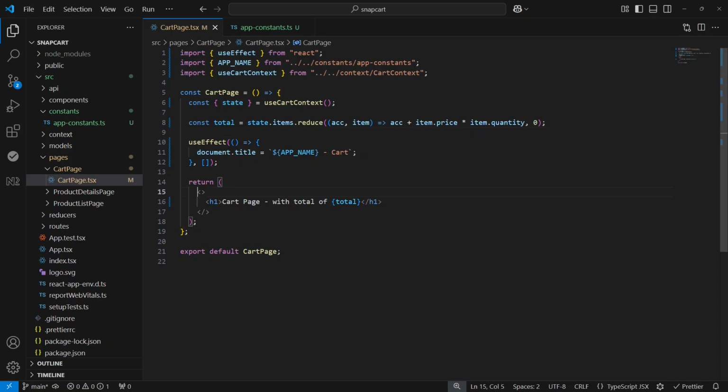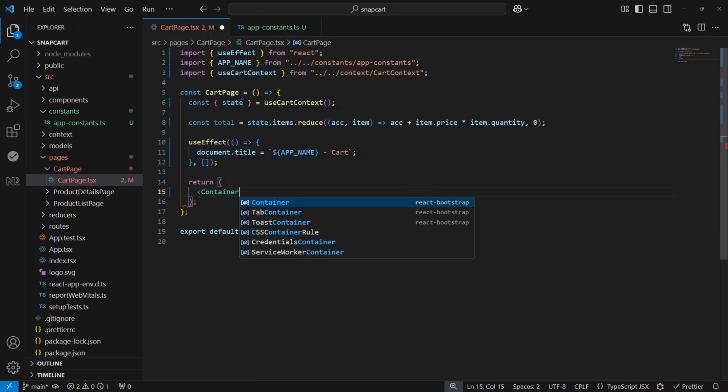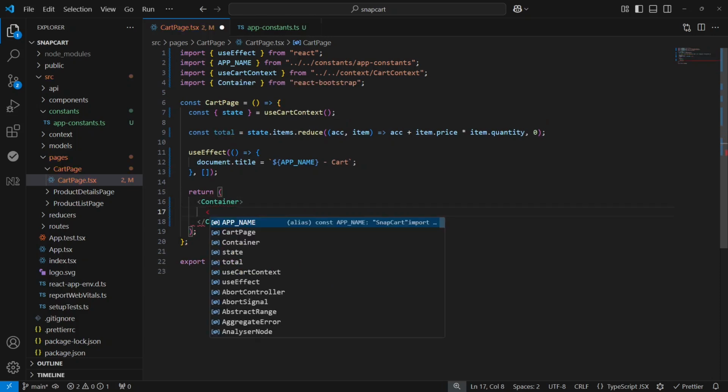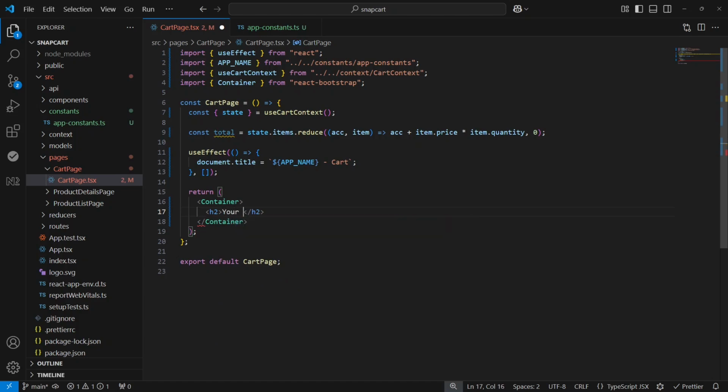Now what do we need to do? We'll remove this markup and we'll start with a container. Let's import it from React Bootstrap. Everything will be in container. In H2 we can have your cart, and then we will check if